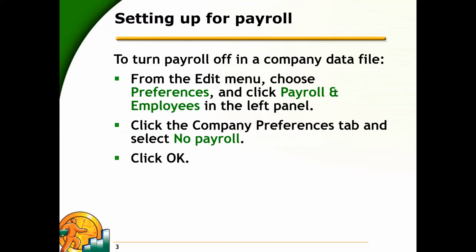And it's day one for you to sit down with your first employee and go ahead and put them into the system. Now, the most important part of this is actually turning on the payroll feature within the company file in QuickBooks. To turn payroll on in a company file, from the Edit menu, choose Preferences and click on Payroll & Employees in the left panel. Click the Company Preferences tab and select No Payroll, and then click on OK. This feature will then turn off payroll. In this case, we want to leave it on because we are going to be utilizing it for our employees